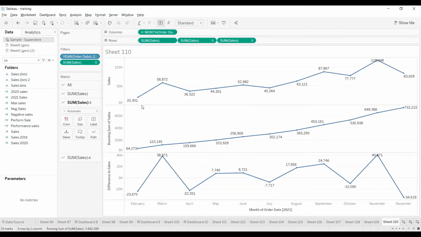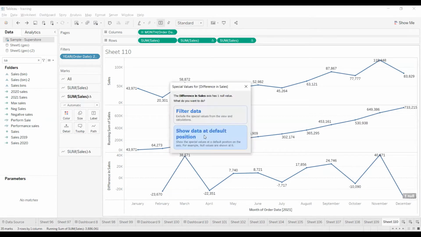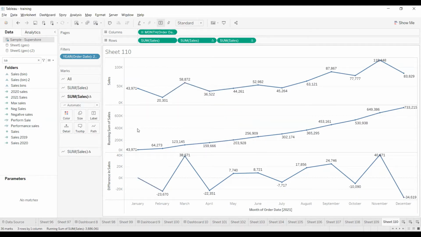The positions will change because it excludes January in the overall view. So instead of that, make it show data at default position. So it considers all the data, and here it is giving 0. If you see, the axis is starting from 0. Why is it starting from 0? Because there is no previous month data.